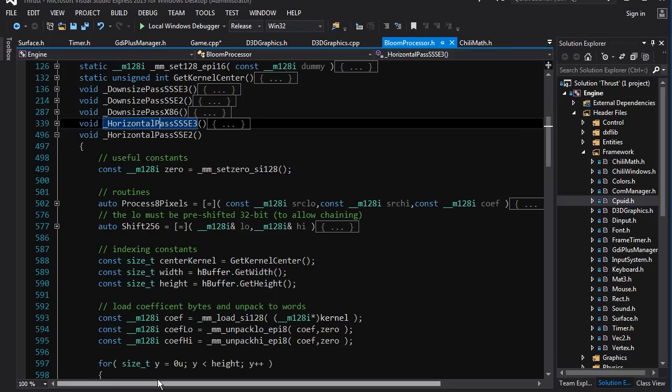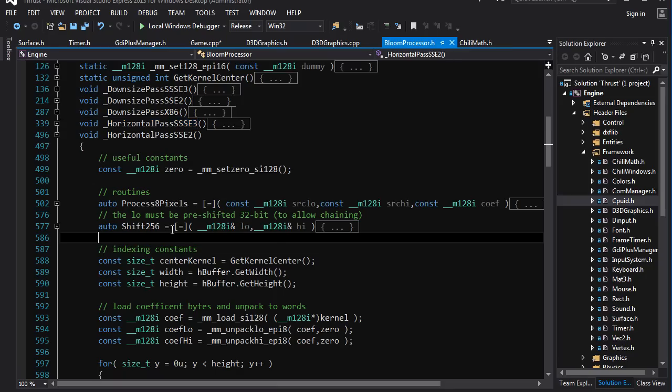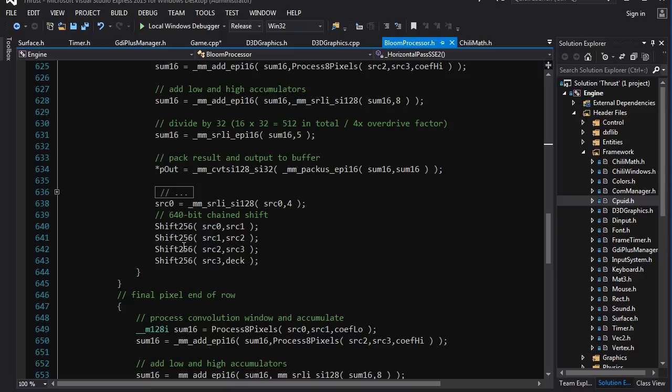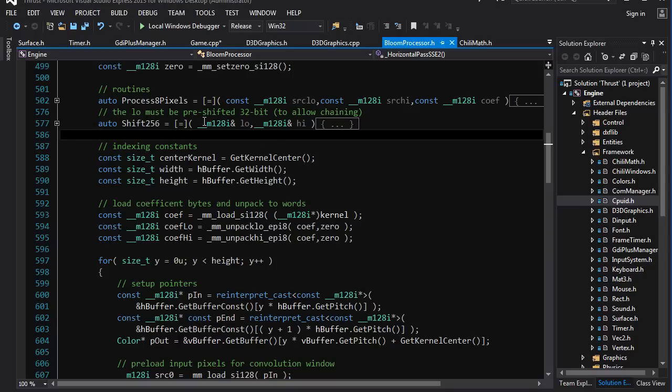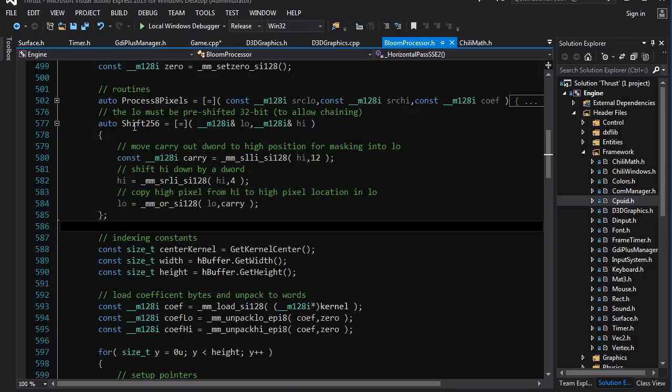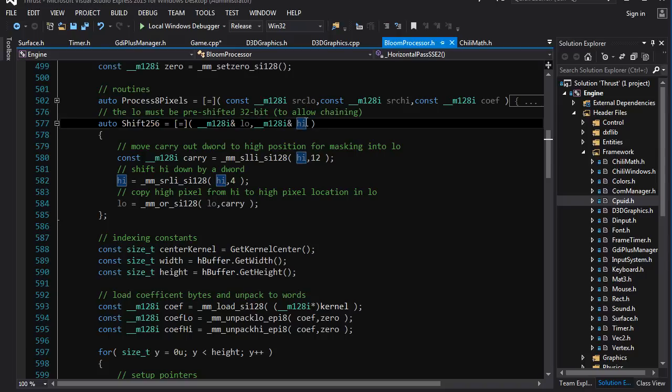So the question is how to perform a shift across 4 registers. And the way we're going to do it is I have made a lambda function that takes references to 2 registers and that shifts values from one across these 2 registers, from the high one into the low one. It shifts 4 bytes because that's the size of 1 pixel, right? So what you do is, first thing you do,